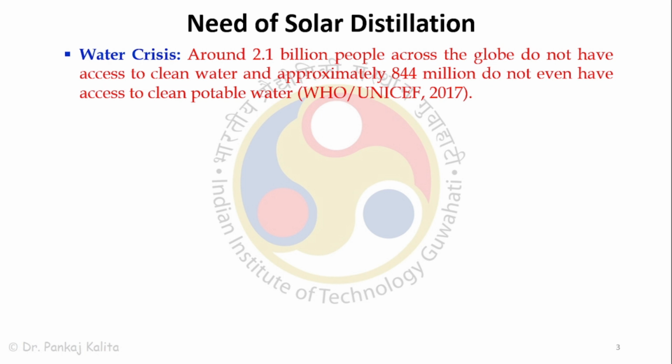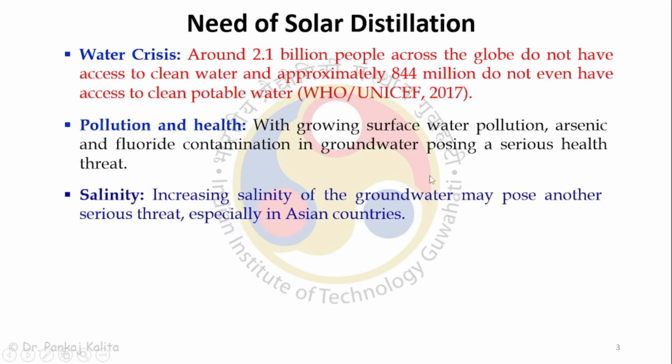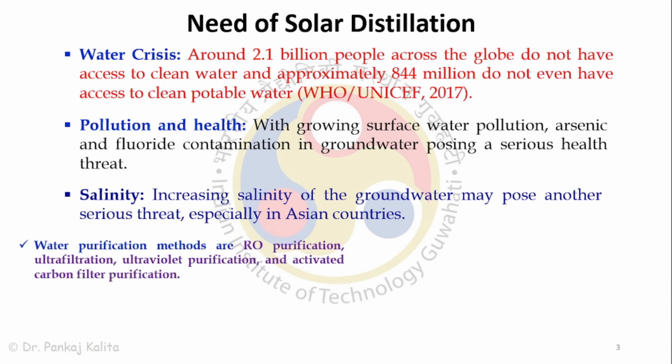So yeah, there is a water crisis. I won't say there is not. So you all know. So how can solar energy be used for solving this water crisis? You need to have good quality water, clean water, which is not saline generally, so that we can drink that water. So there are various water purification methods like RO purification, ultraviolet, and several other purification methods.